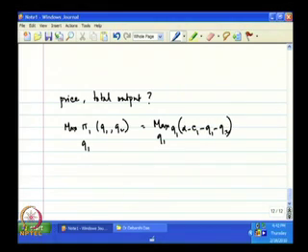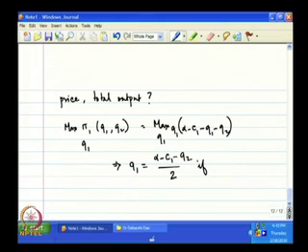If we do that, with respect to Q1, the result that we shall get is that this is going to be maximized at Q1 equal to alpha minus C1 divided by 2 if